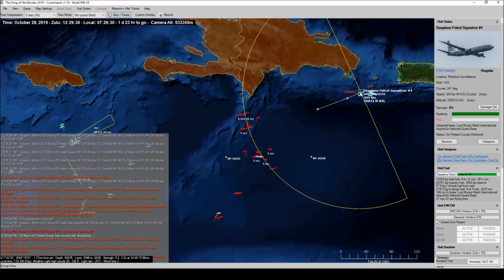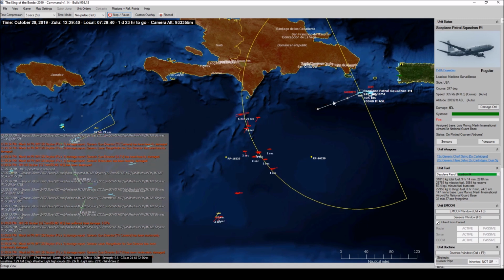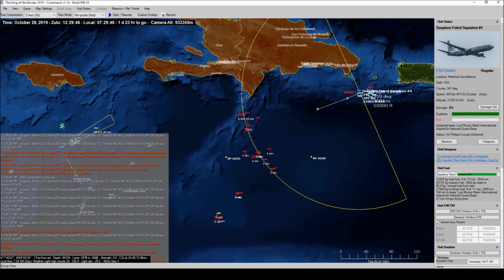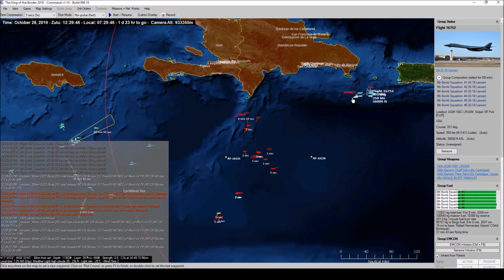Oh, and we are jammed. We are jammed. That's no fun. Okay, we've got a solid contact. Stopping the sim. Where are my B1s? There they are. Let's unassign them from the mission by hitting the U key. We're just going to send them out this way. And say...